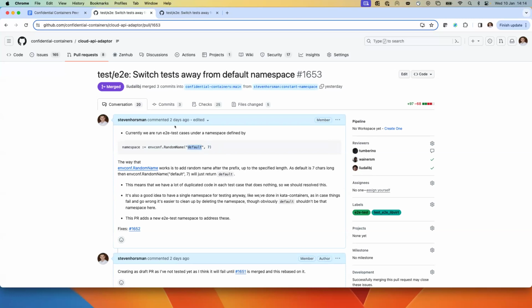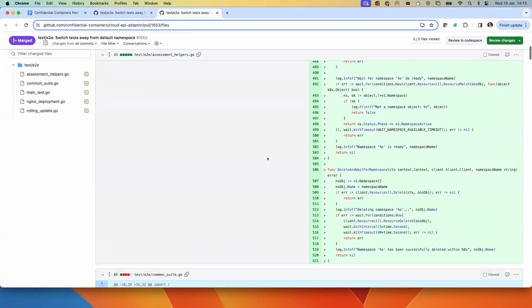So there was an issue on Kata containers to switch to an E2E namespace, so that if something goes wrong, you can just kill the whole namespace and clean things up, which during testing, stuff went wrong quite a bit. I aborted runs during tests, and being able to wipe a namespace is useful.